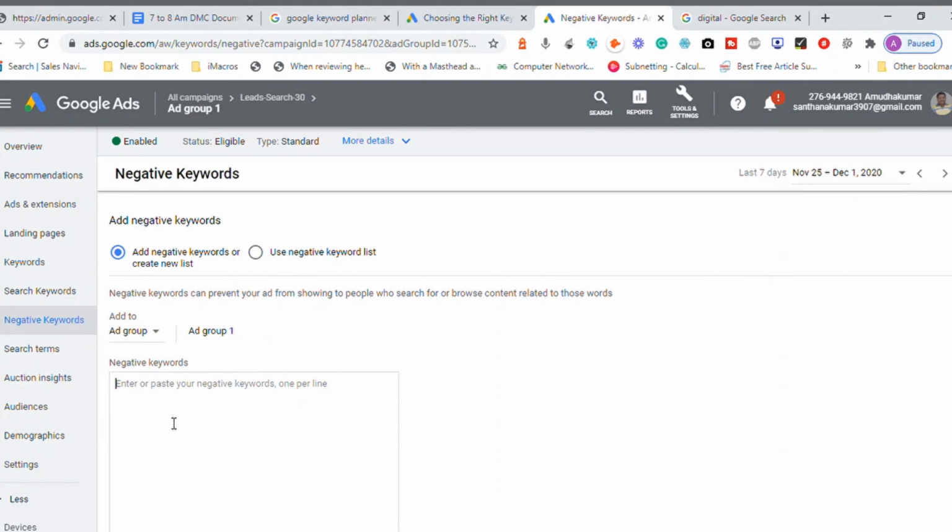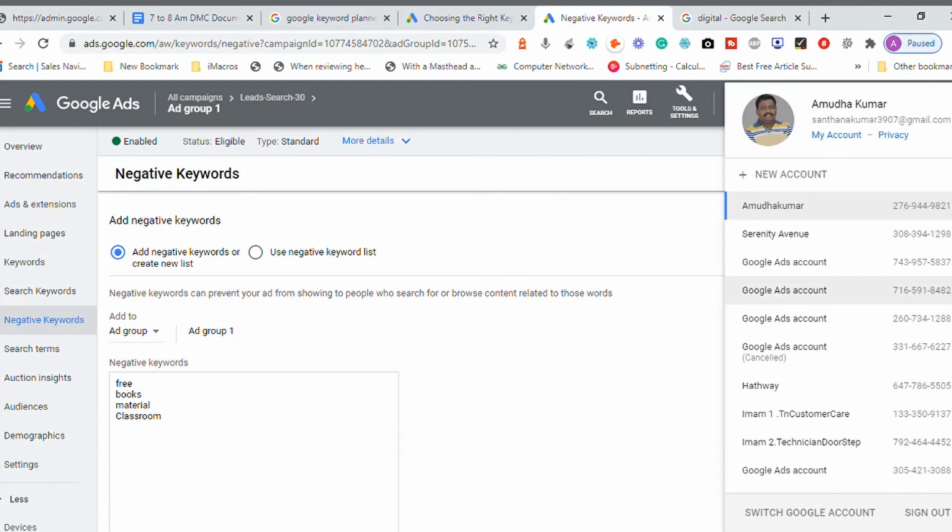When you define it here, you don't need to use the modifiers. It's okay if you only type free. Only when you define it inside your ad group, you need to define it with the minus or the modifier symbol. So here you have to add the negative keyword for free. You also have to add negative keywords like books, materials, classroom. So any keyword combination with these will not trigger any advertisements. Google gives us more options like this.